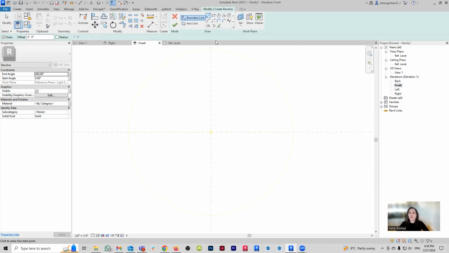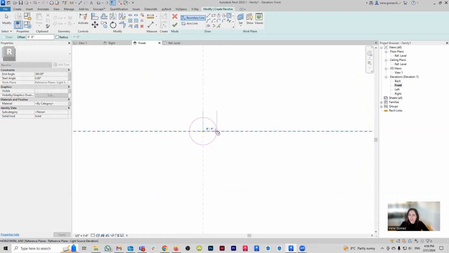So I'm going to go forward and I am going to create just a simple circle right in the center where my lighting fixture is. Let's say that I don't want it to be really big because it's going to be a little light bulb, and a little light bulb is going to be what, like maybe like 2 inches, maybe 3 inches, 4 inches diameter. Let's say we're going to make it like 1.5 inch for the radius.